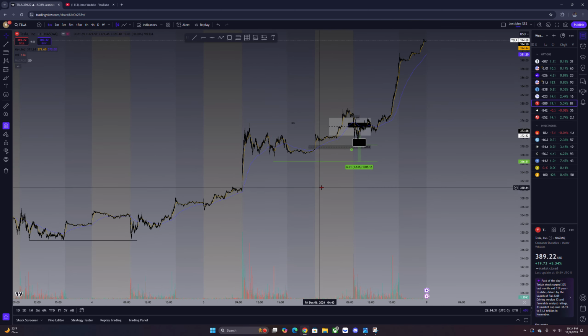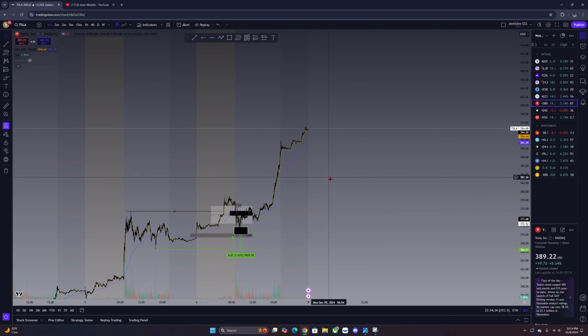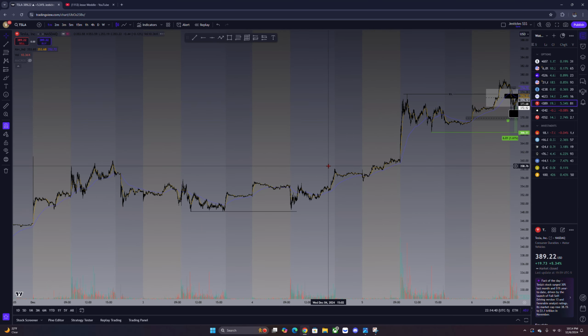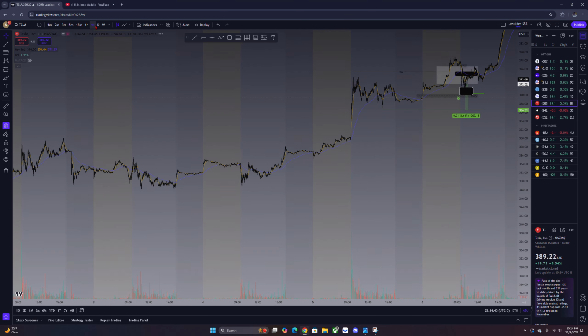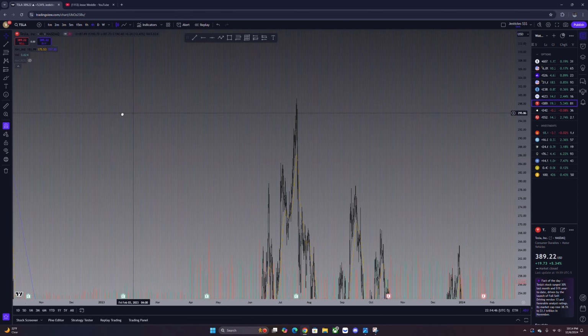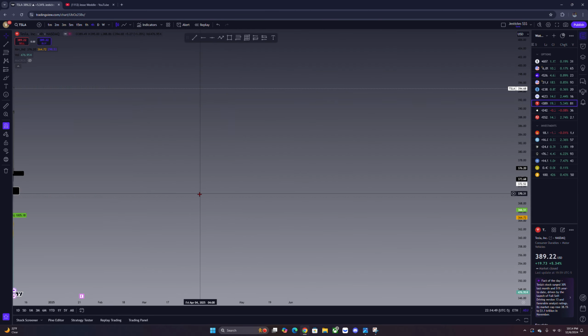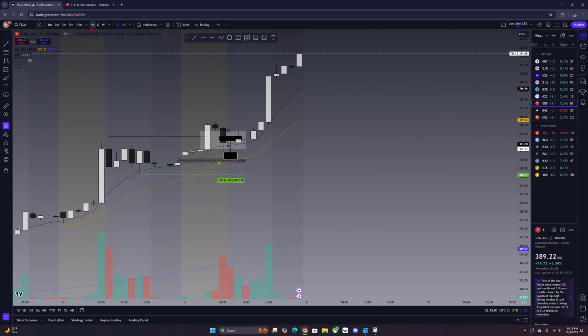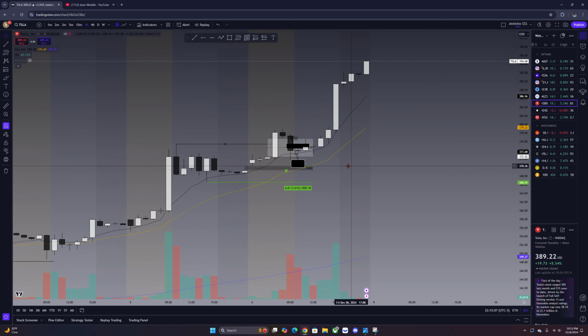All right, so I was bearish today on Tesla. My daily bias was pretty wrong, but I'm going to go over why I was bearish. I don't even know if I looked at the weekly profile, if I'm being honest. Okay, so I was bearish on Tesla because it looked like, I know we closed above, but it looked like